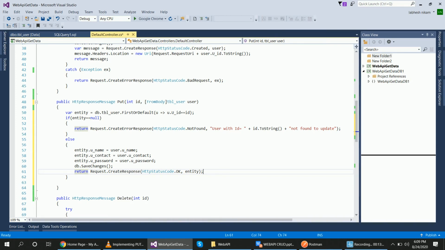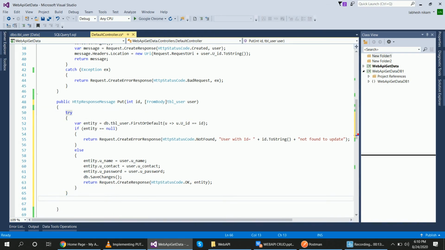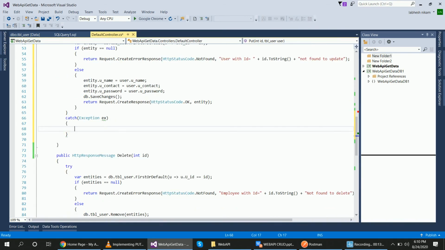Now we will put this code into try catch. So try this, and catch Exception ex. Put your error message here.